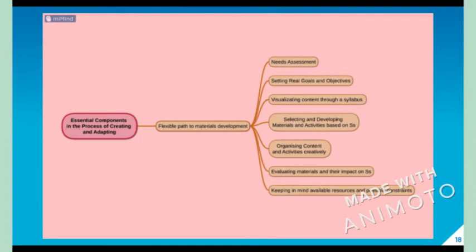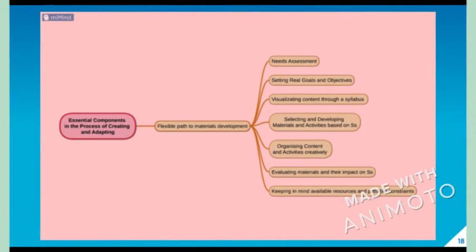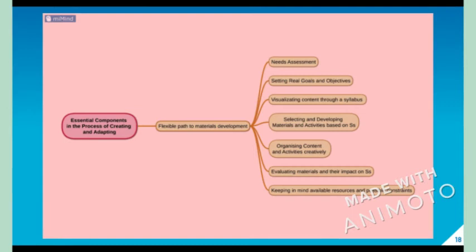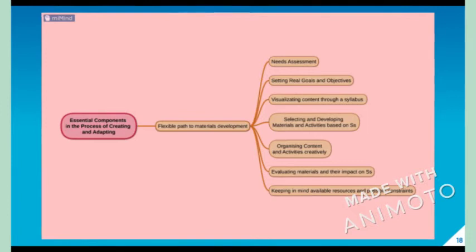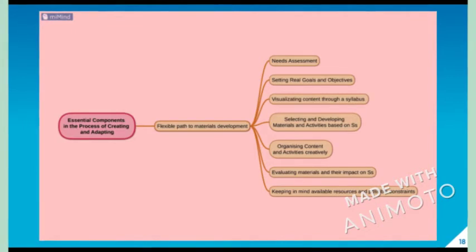As you can see, although this process is kind of flexible, we can note that its onset comes from a needs assessment to state the features of students and their context in order to develop achievable objectives for our materials. Moreover, curriculum alignment leads the path to visualize the content within to either choosing or generating the needed material in a creative and organized way. Consequently, the evaluation must be present during and after the application to assess the impact, the limitations, and the effects